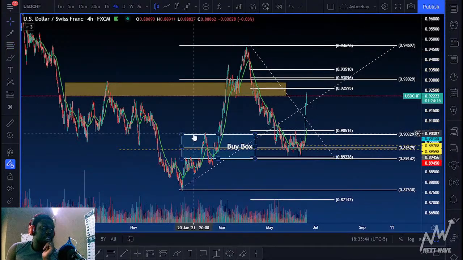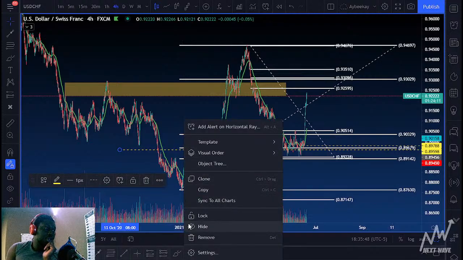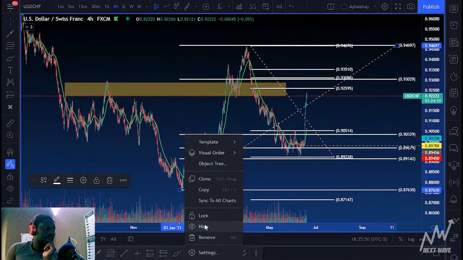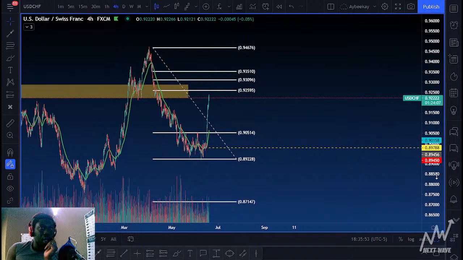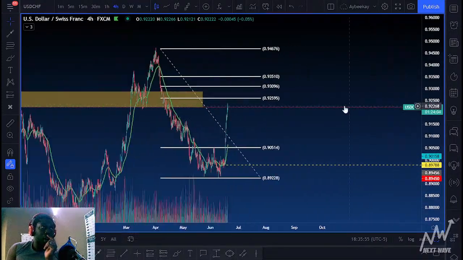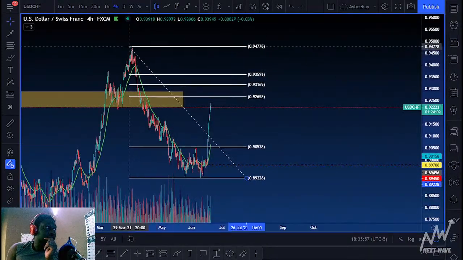I'm just gonna keep this. UChef, the chart just looks clean. I don't need to really do much to it right now, at least from my point of view. Price could still definitely climb up a little higher and start to reject inside the zone,